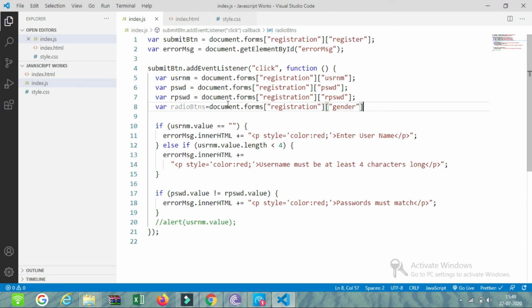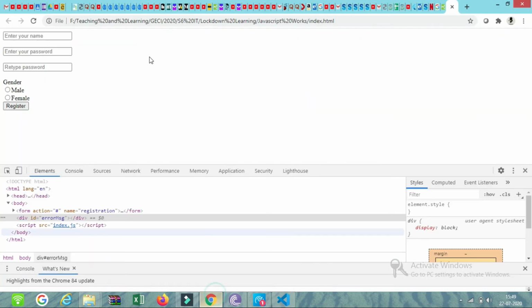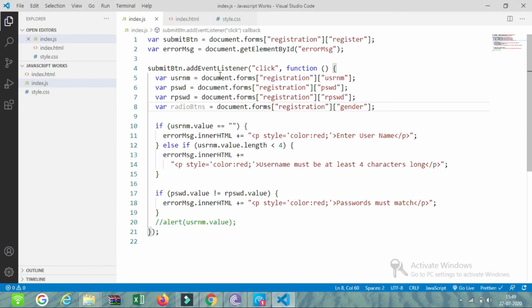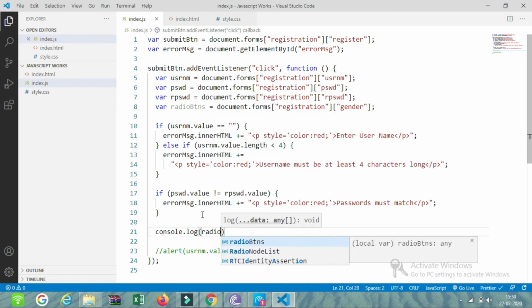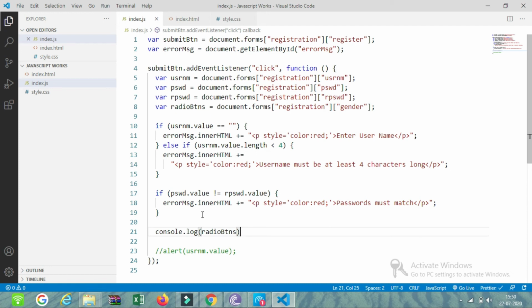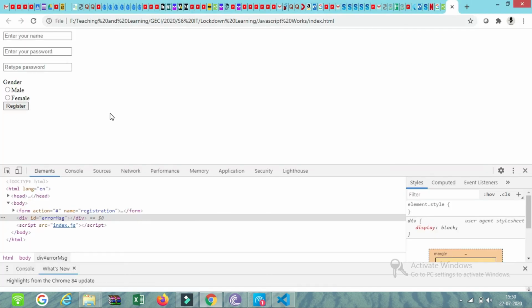Okay. I'll refresh this. So this radio button got accessed. Now let's display this radio button, console.log radio buttons. We are checking whether it's working or not. Save it and I will refresh it.